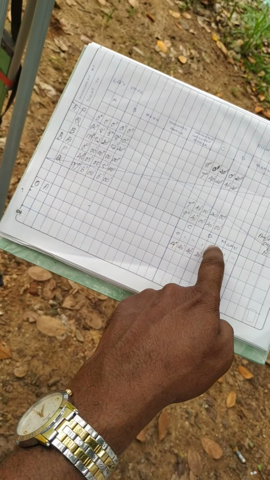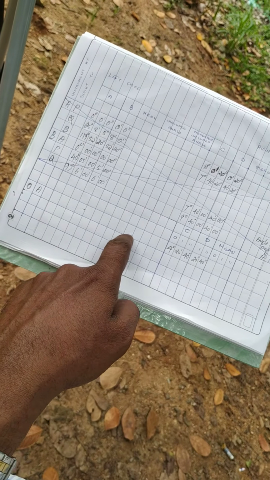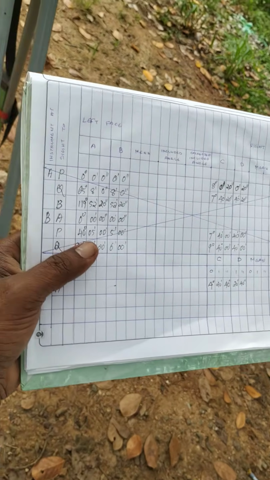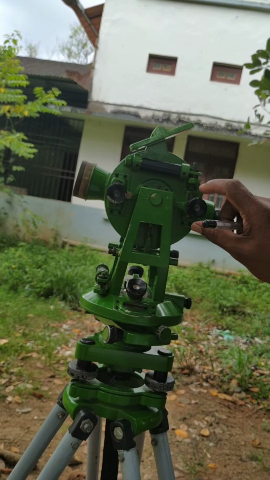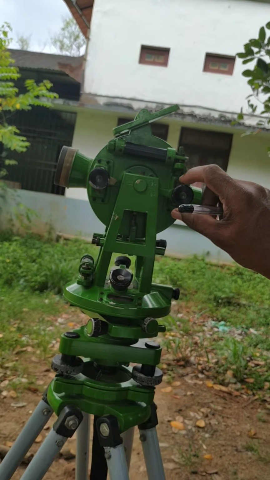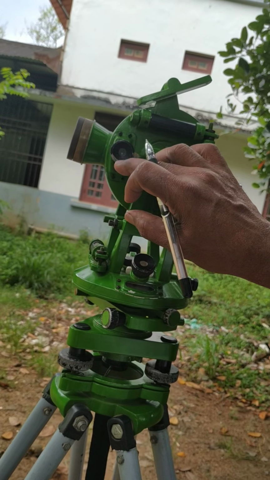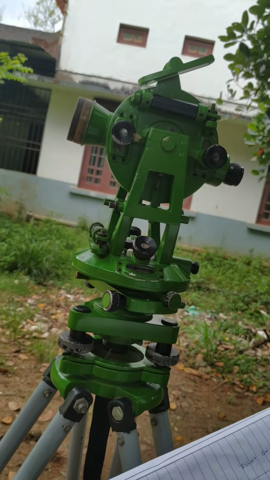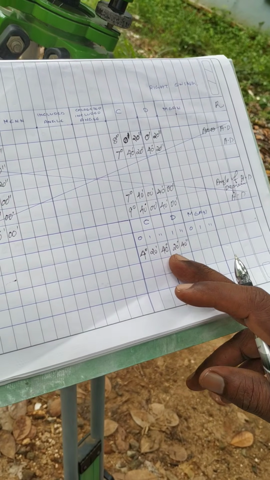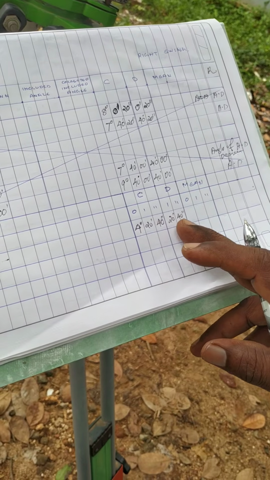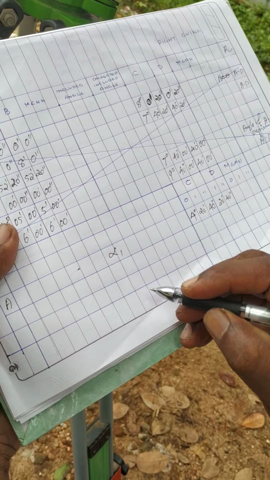Write in the CD verniers, not in the AB vernier, because the AB vernier is for horizontal angle and the CD vernier is for vertical reading. This is C and this is D. First we read only C, and after the exact verification you read the D vernier also. So the angle is 4 degree 20 minute 40 second, and in the D vernier 20 minute 40 second, that is alpha 1.